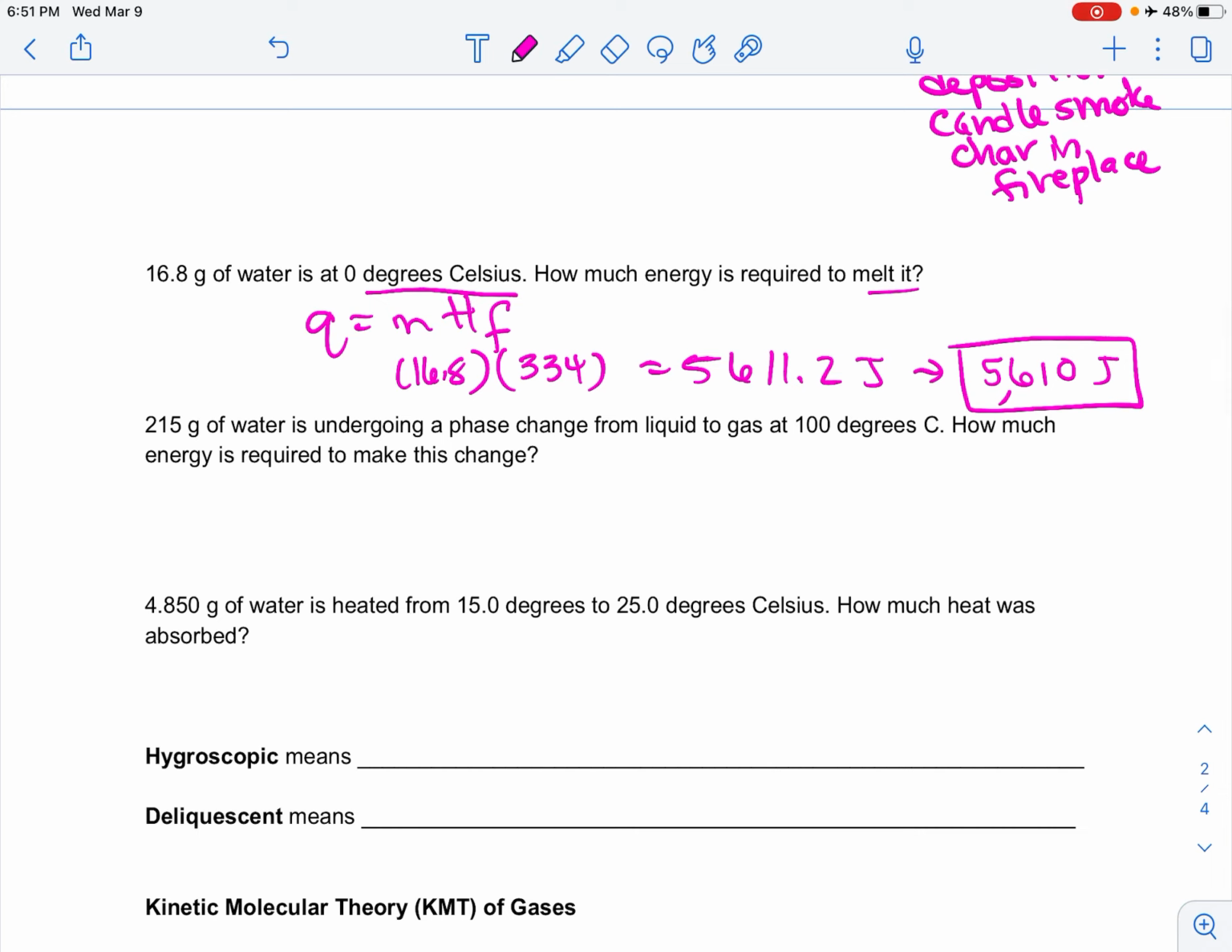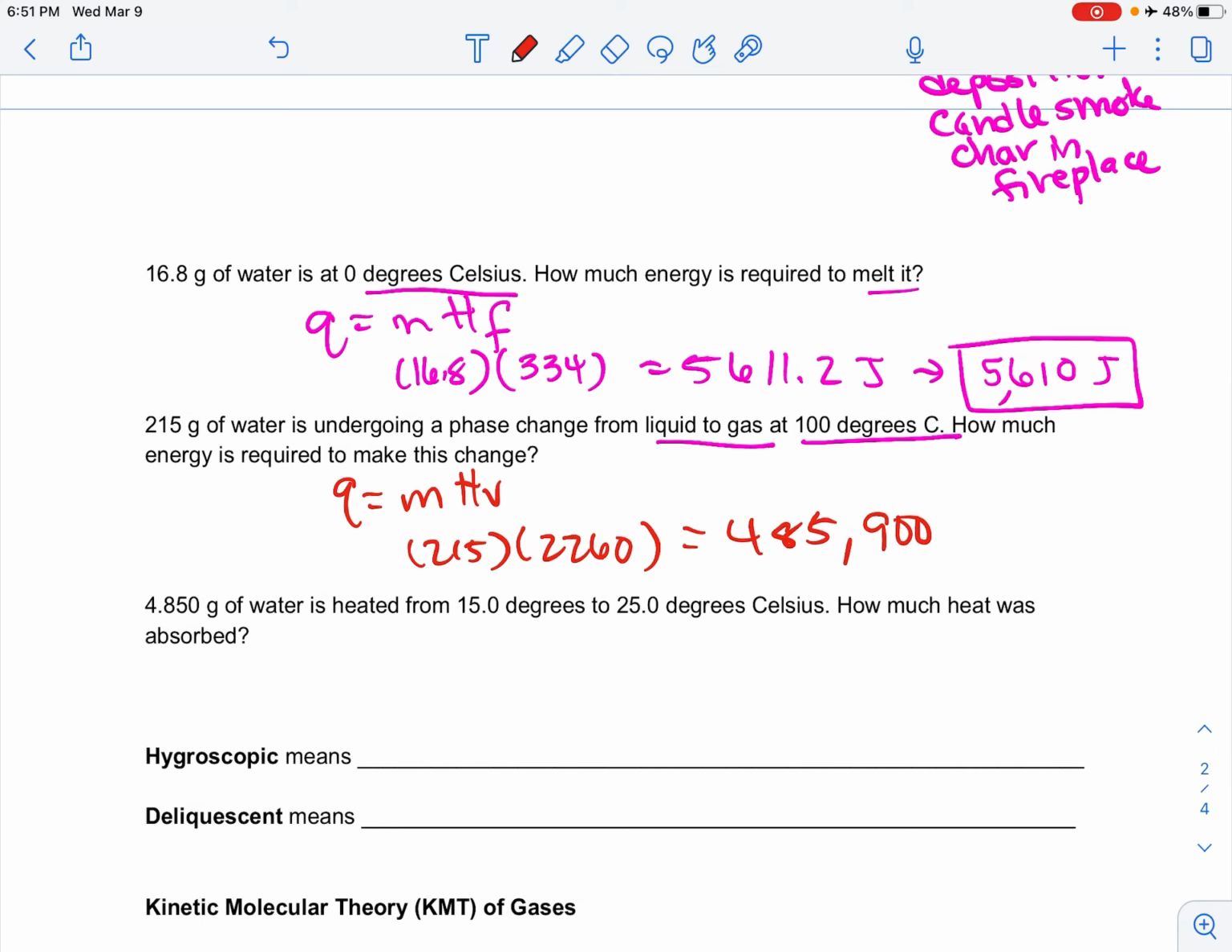215 grams of water is undergoing a phase change from liquid to gas, 100 degrees Celsius. How much energy is required to make this change? So those are indications that we've got heat of vaporization. So 215, heat of vaporization constant is 2260 joules per gram. 215 times 2260 gives me 485,900. Looking at your sig figs, there's going to be 3 because of 215. So 486,000